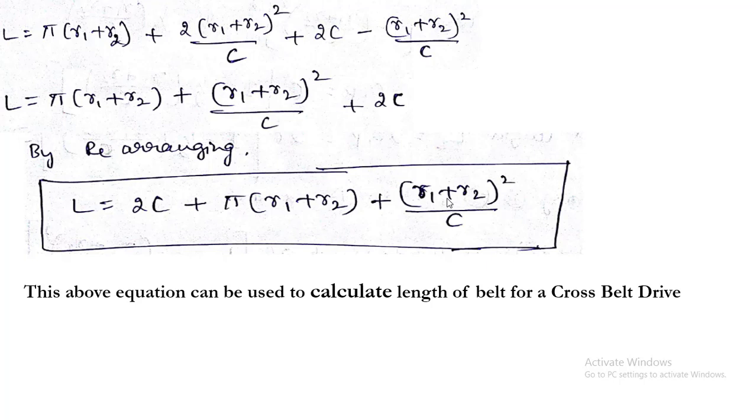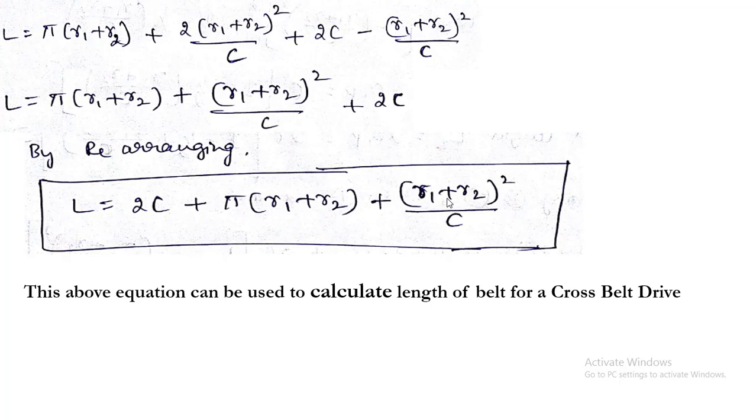So first thing is, you will draw the diagram for cross belt drive, and once you draw it, show everything clearly in the diagram itself. What is R1, R2, what are the angles, what is the center distance, alpha and all. Show everything clearly there. Then write R1 is the radius of the larger pulley, R2 is the radius of the smaller pulley, C is the center distance between those two pulleys, L is the total length of the belt, L1 is the length of belt in contact with the larger pulley, L2 is the length of the belt in contact with the smaller pulley, L3 is the length of the belt which is not in contact with either of the pulleys.